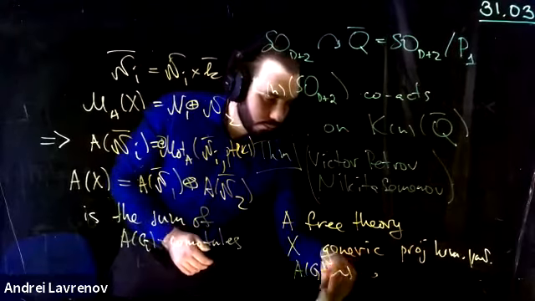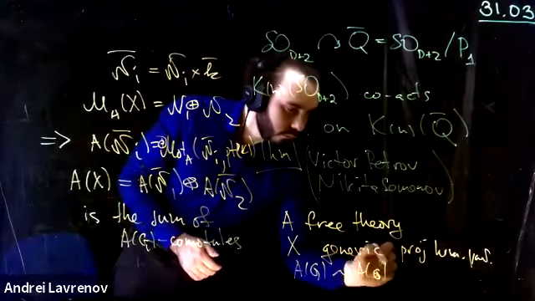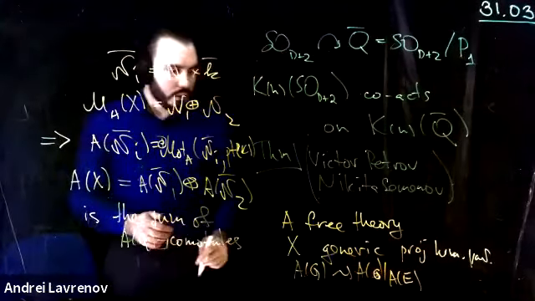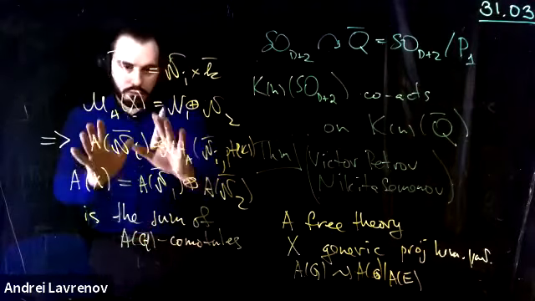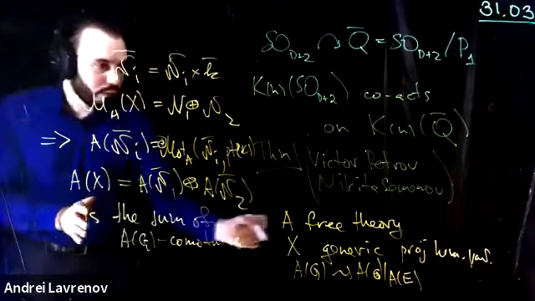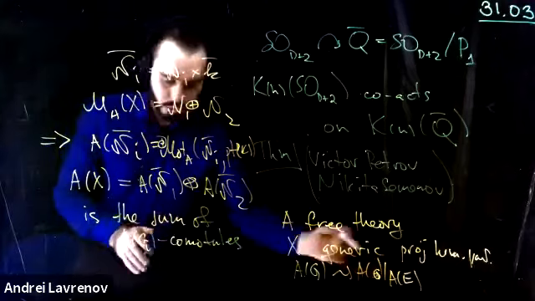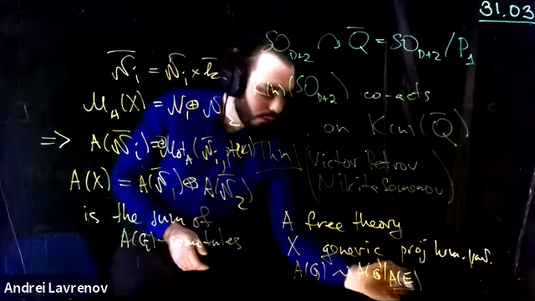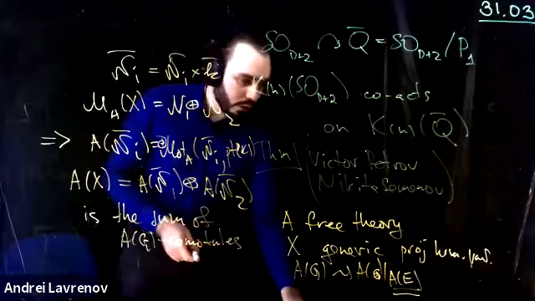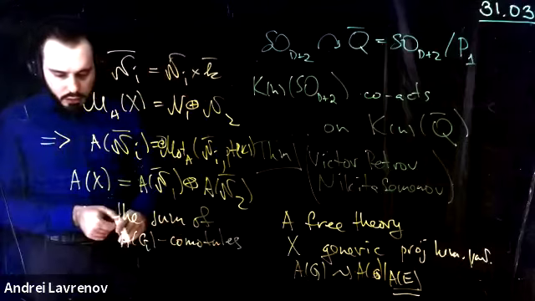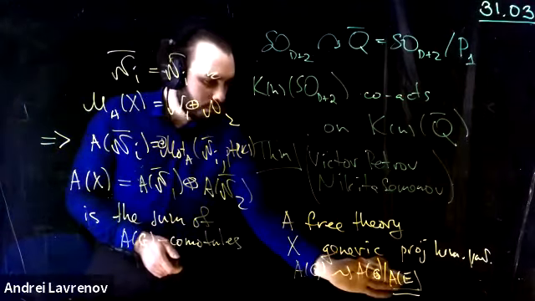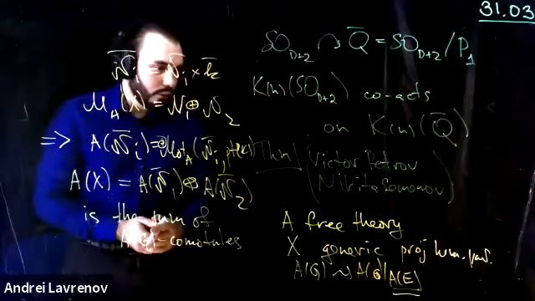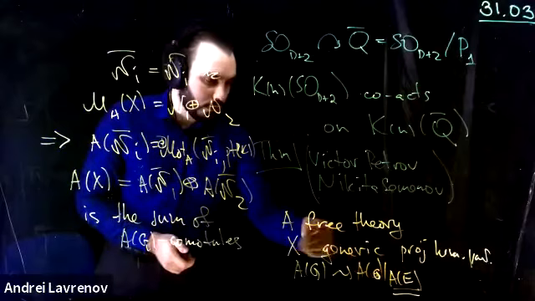By A of E, if we twist by means of this E, then that will be the sum of A of this quotient, comodules over this quotient. But for a generic torsor, this is trivial in a sense. So the quotient in terms of augmented coalgebra: if it's A of a point, then this will be just A of G.